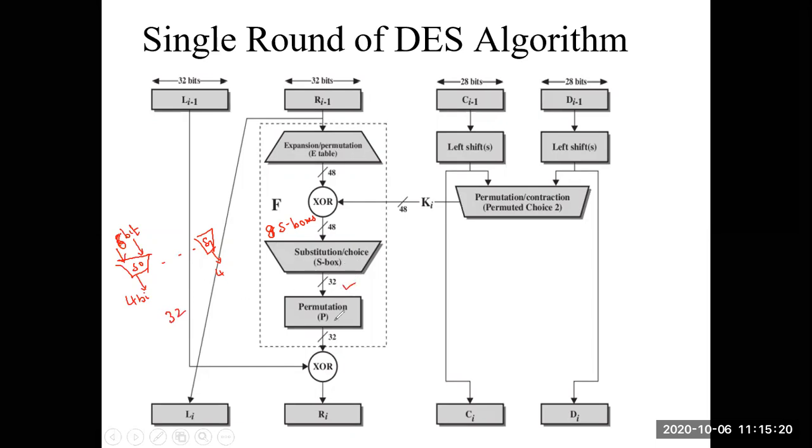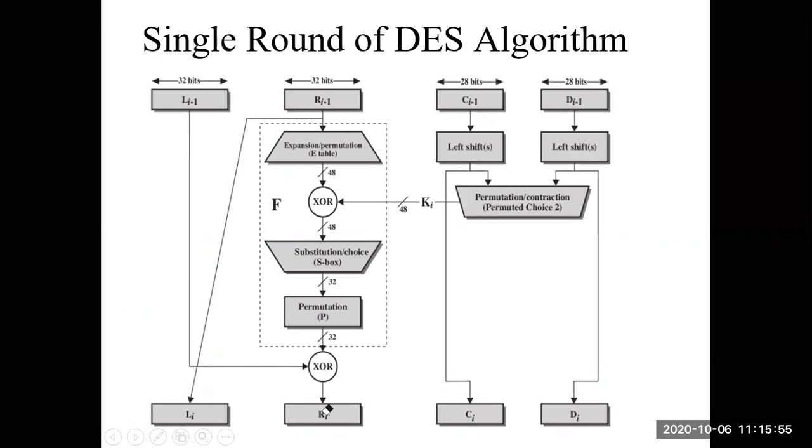And that you will now again pass through a second permutation. We used P4 in SDES. Here again P32, we are going to pass it through a second round of permutation, and that we are going to, finally, XOR with the left half of the data. So the left half is used because we are XORing the output of this function box. You see the dotted lines is the function box.